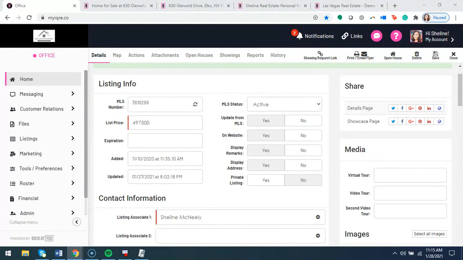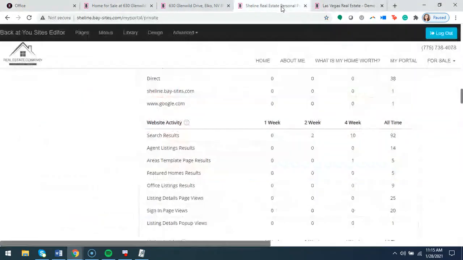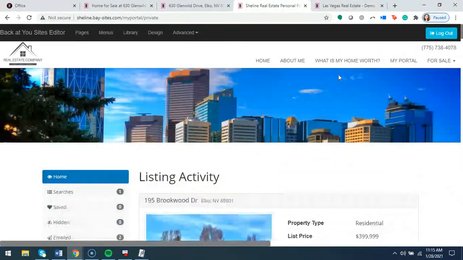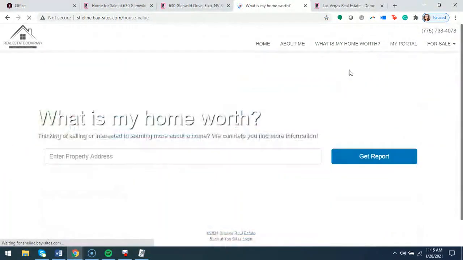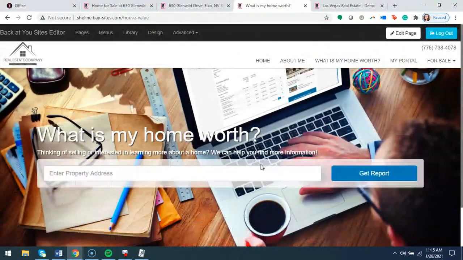Yes, and utilizing those landing pages, especially that home value landing page on your website. Don't forget that you have this "What is my home worth?" home value landing page. So if you want to promote this out, this also gives a call to action for people to come visit your website because those calls to action are important too. How are you going to get people to come to your website? I do know that this upcoming Monday,